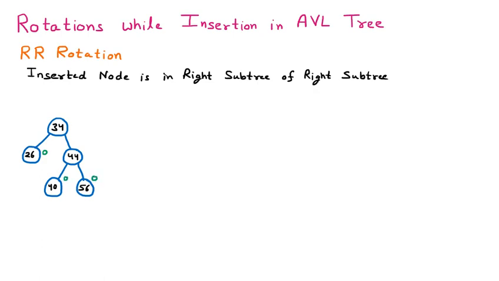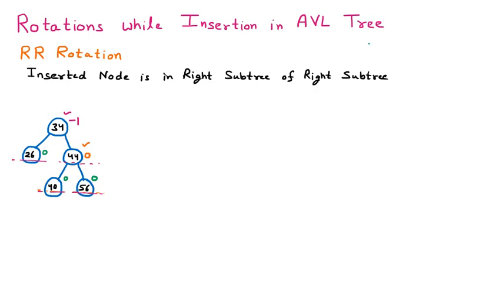Now we are going to find out the balancing factor of 44. If we talk about 44, on the left hand side we have one level, and on the right hand side one level. So 1 minus 1 is 0. So here the balancing factor is 0. Now we are finding the balancing factor of node 34. Here on the left hand side one level is there, on the right hand side 1 and 2, two levels. So 1 minus 2 is minus 1. So these are the balancing factors of the different nodes here.